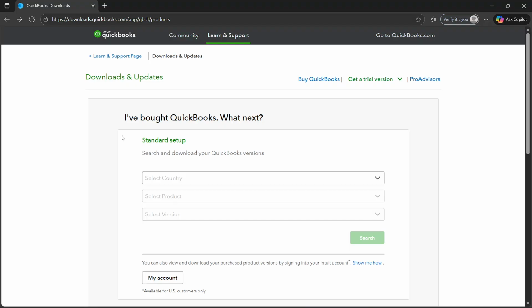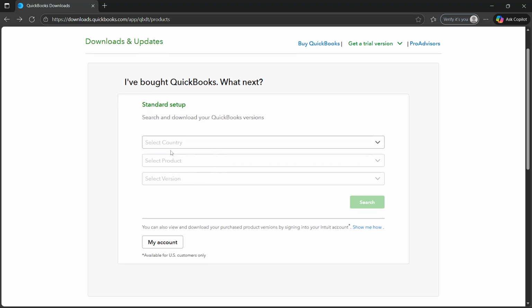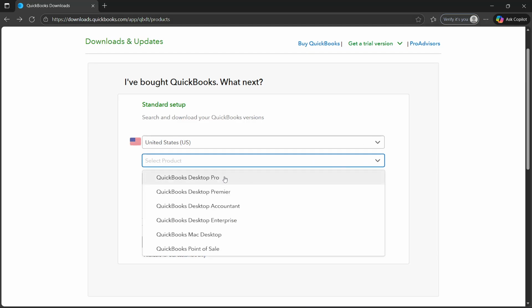So first, you will have to go to QuickBooks.com, downloads that QuickBooks.com, this exact link right here, and then what you will have to do is fill up all of this, select the country that you are in. Let's say you're in United States, so go ahead and click that and then select the product that you prefer